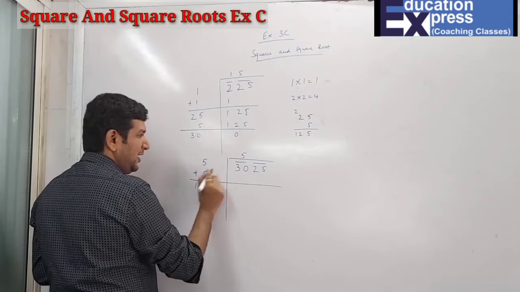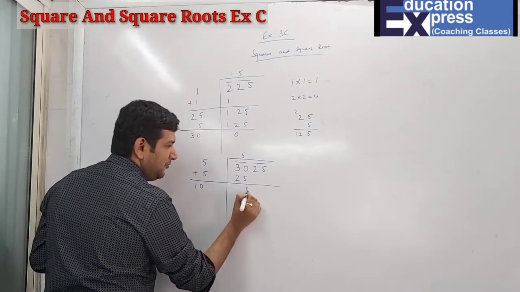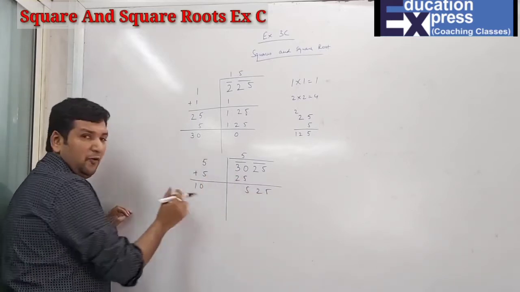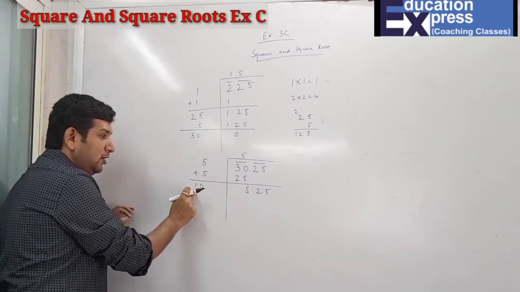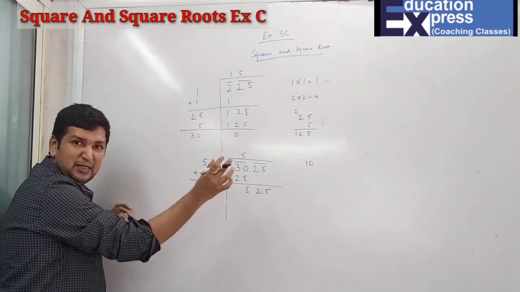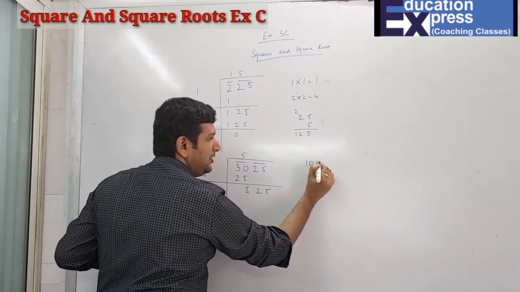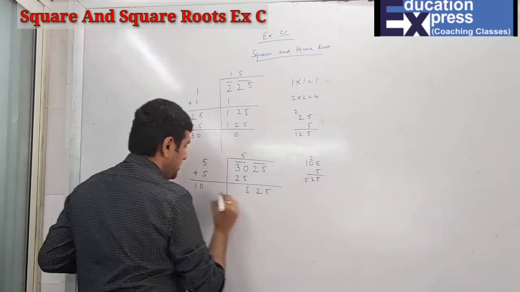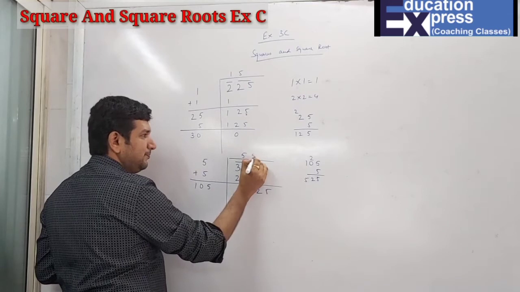And now 5 5s are 25. Again, the last number, student, what is it? 5. So obviously 5 plus 5 is 10. But here compulsorily you take what? 10. So this number you take compulsorily, and the required number you take again, 5 over here. 5 5s are 25, 5 0s are 0, 5 1s are 5. So 105 5s are.